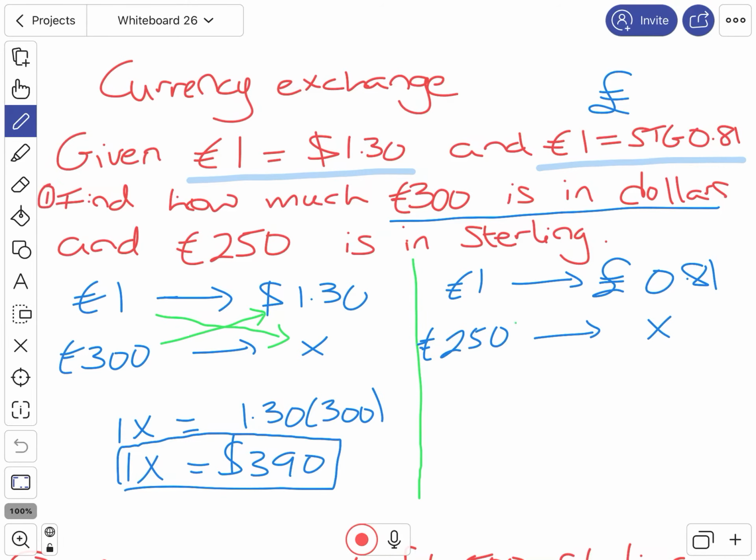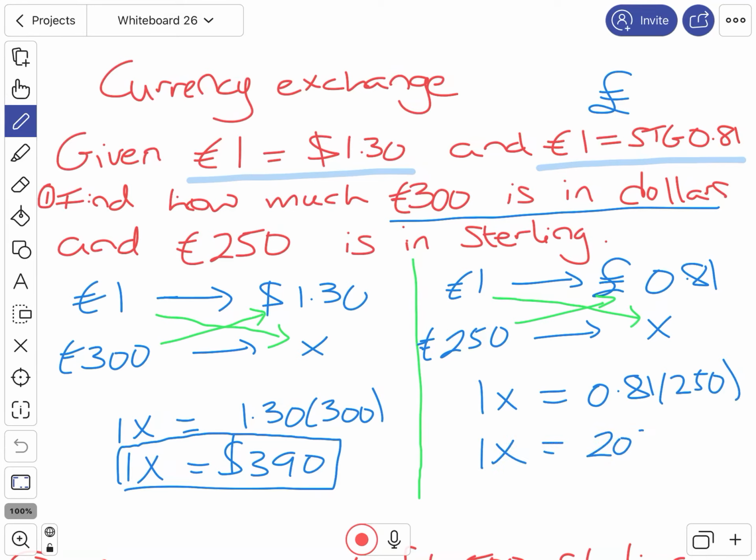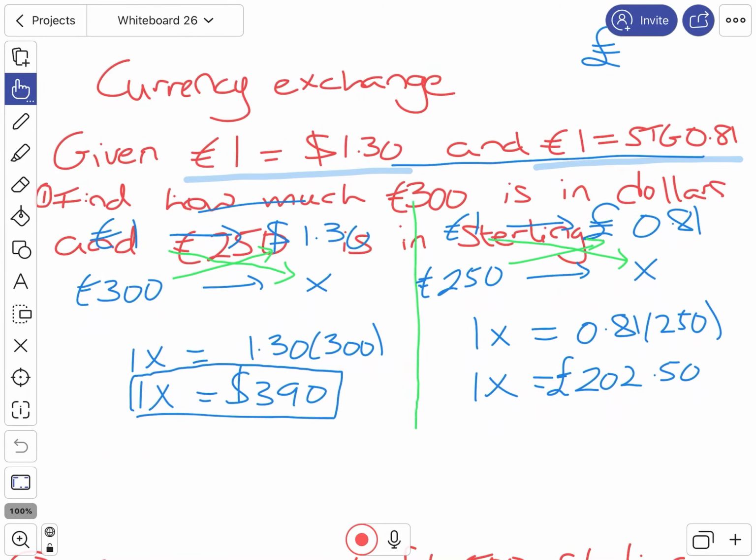So what I do from here is cross multiply this by this and this by this, so that my answer is 1 by X is 1X equals 0.81 by 250. I put that in the calculator and I get my X value to come out to be 202.50, and I write my money in front of it. So that's £202.50. So again, I know that that's right because I know that my 250 was going to come out to be smaller, and it did. So that's the first question there. We're going to take a look now at the next one,